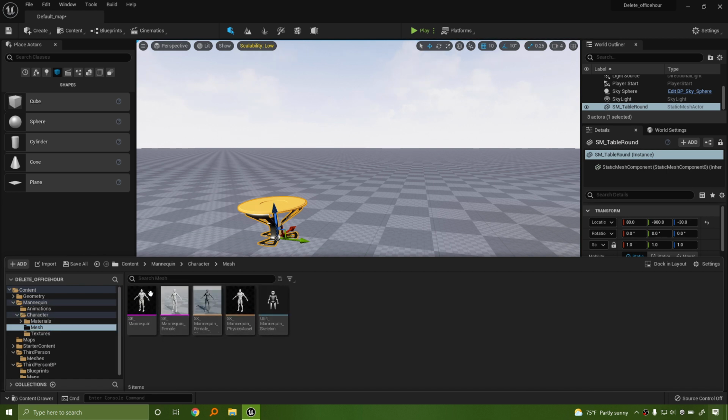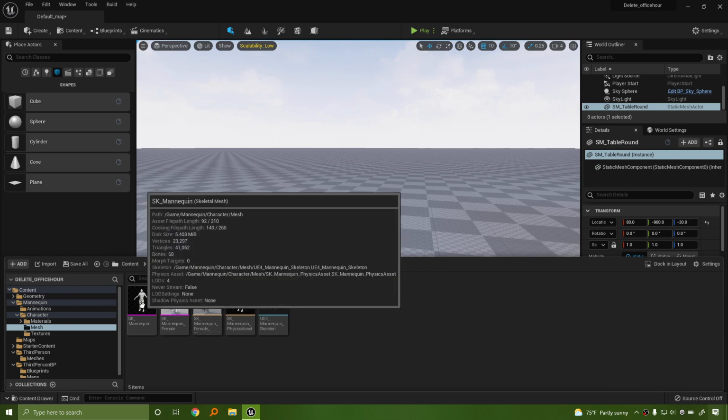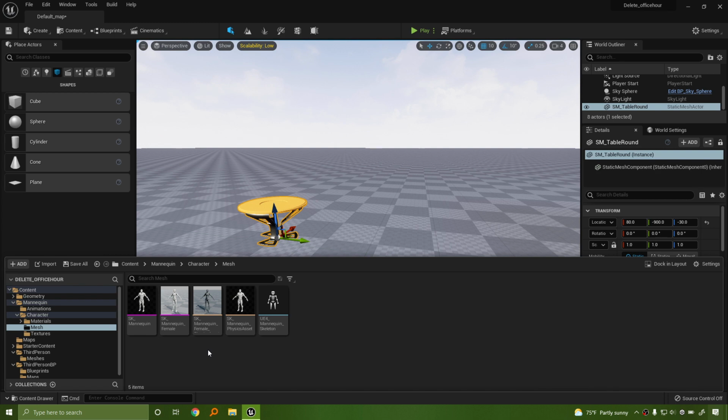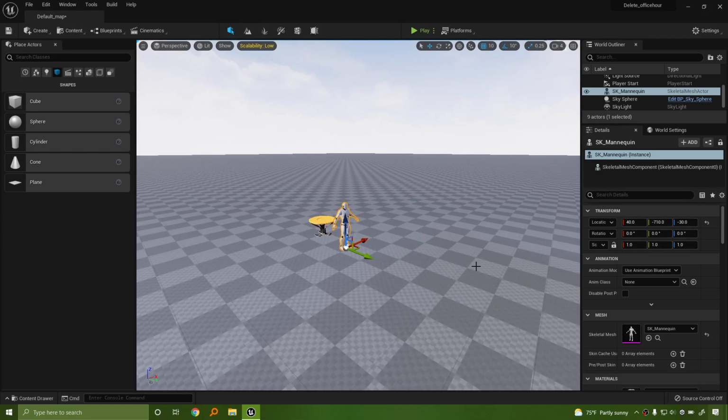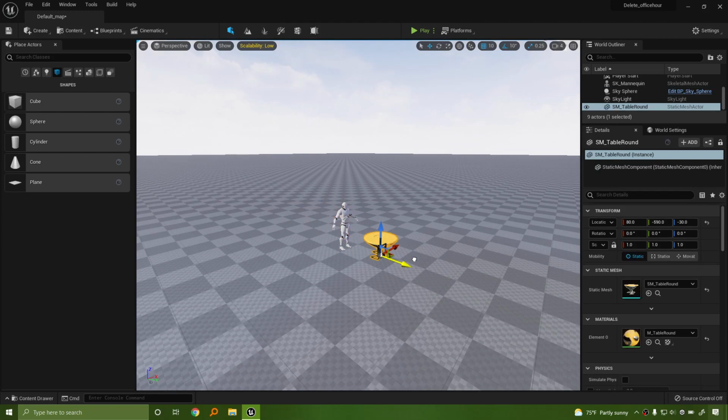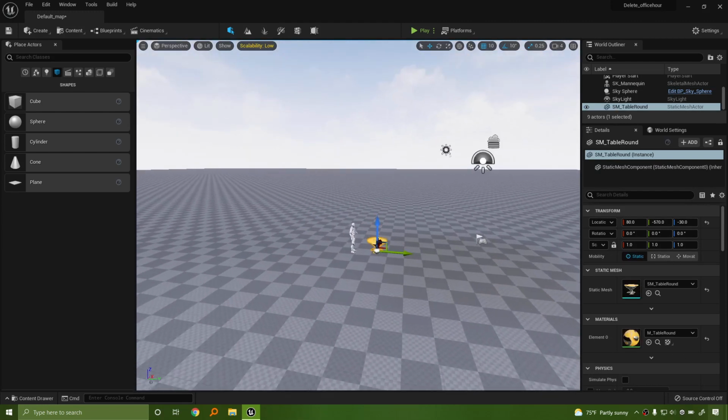So just like I showed, you don't actually have to import the character, or the UI for mannequin mobile. If you are using the third person character, you can just go ahead and import a character that you'd like. Alright, so I'm just going to scale this up so that I can get a good reference for size.